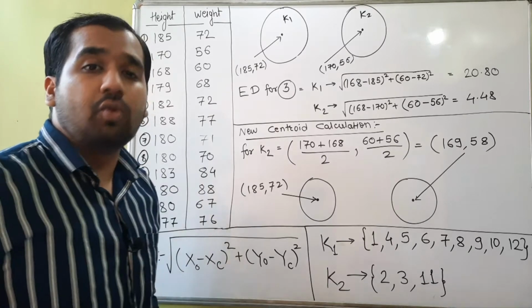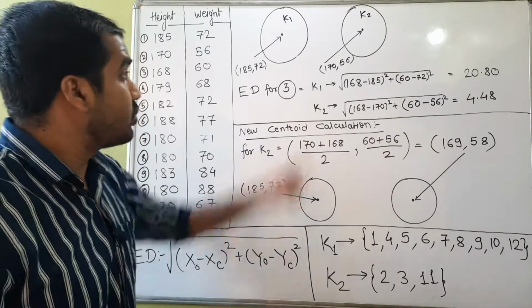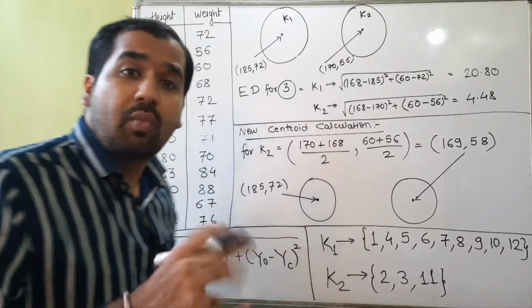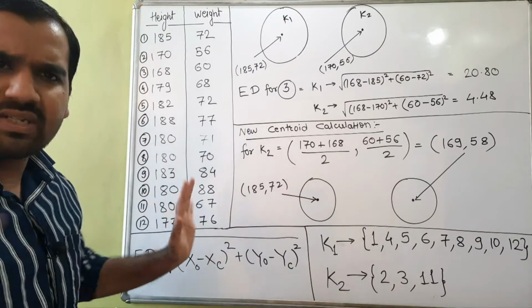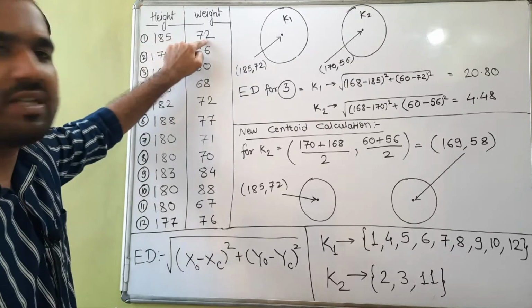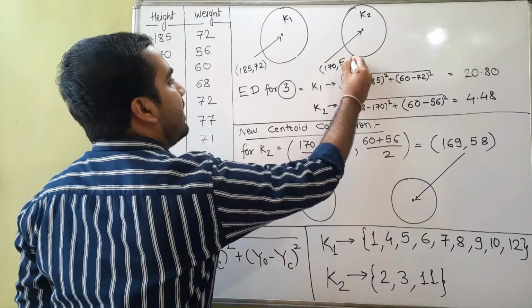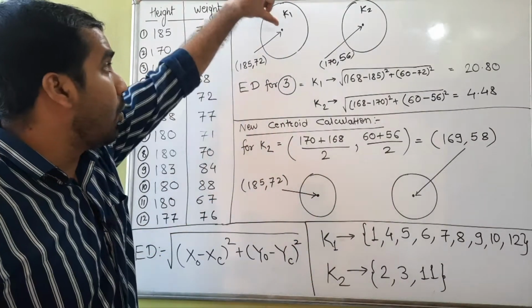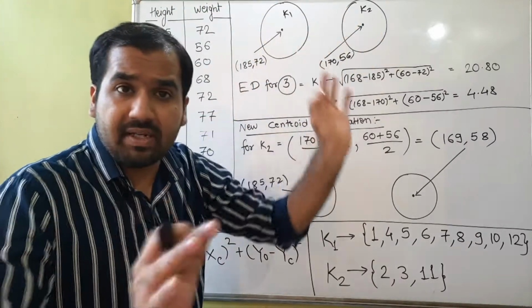Now what you need to do is introduce a centroid. This is a very important term in k-means clustering. But which data point from our data set should we consider as the centroid for both of these clusters? It's a pretty simple step. Just consider the first sample of your data set, 185,75, as the centroid for cluster 1. And for the second, take the second sample, 170,56. With this we have initialized cluster 1 with sample 1 and cluster 2 with sample 2 as their respective centroids.